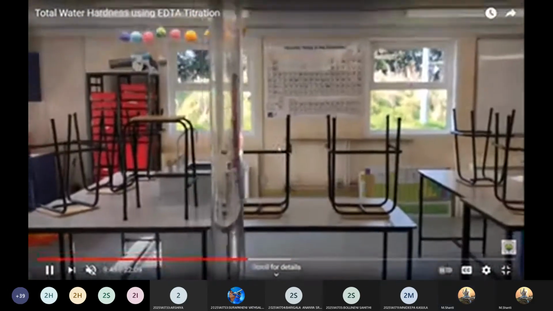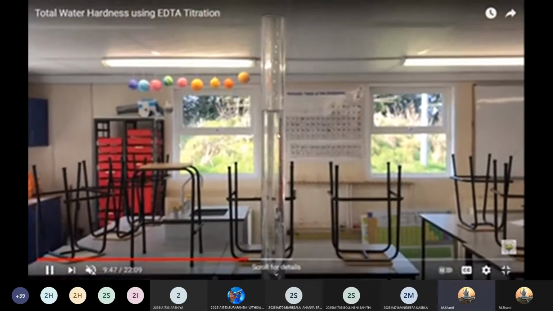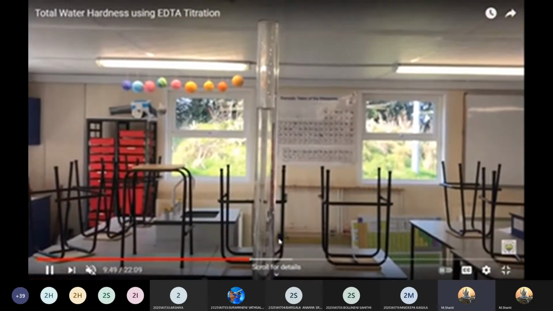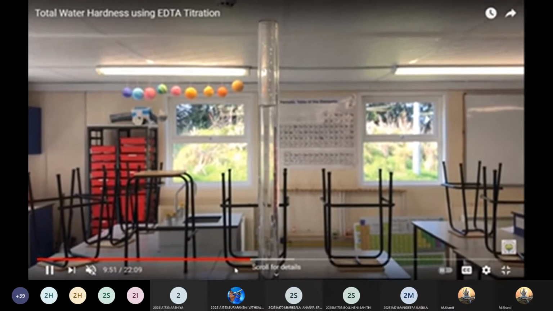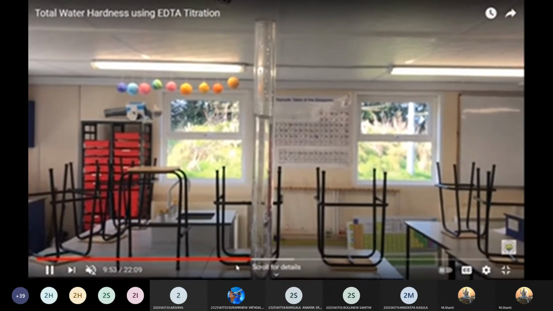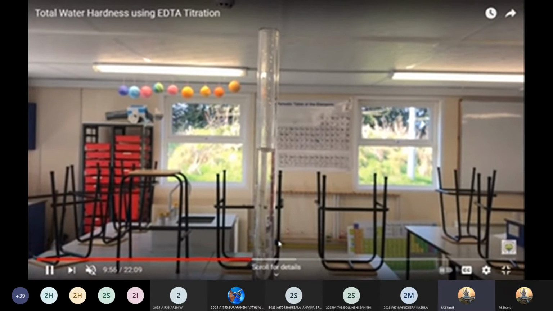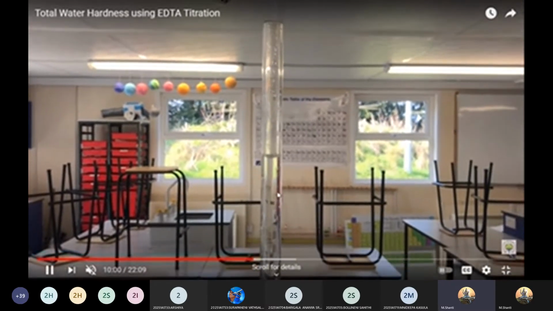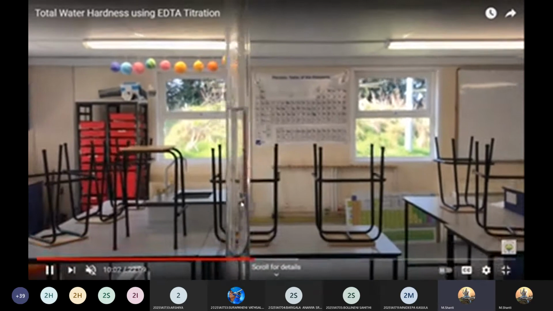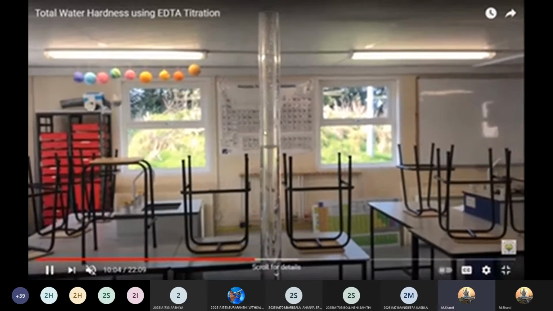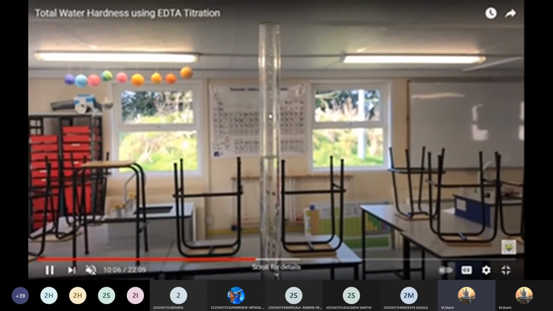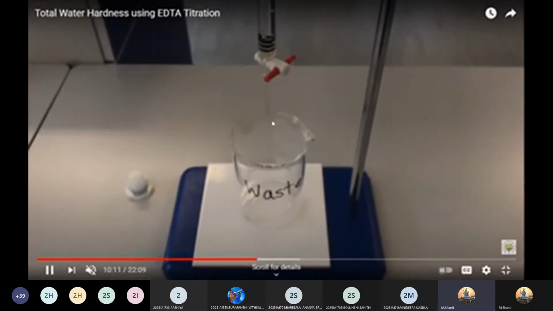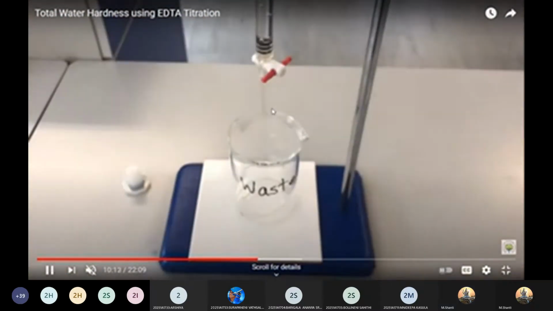Okay, to avoid the air bubbles, they are tapping at the bottom. Just open the nozzle of this burette so that you can avoid the air bubbles. And again, you can add the solution up to the 0 ml, or it can be any volume. This is a total of 50 ml capacity.